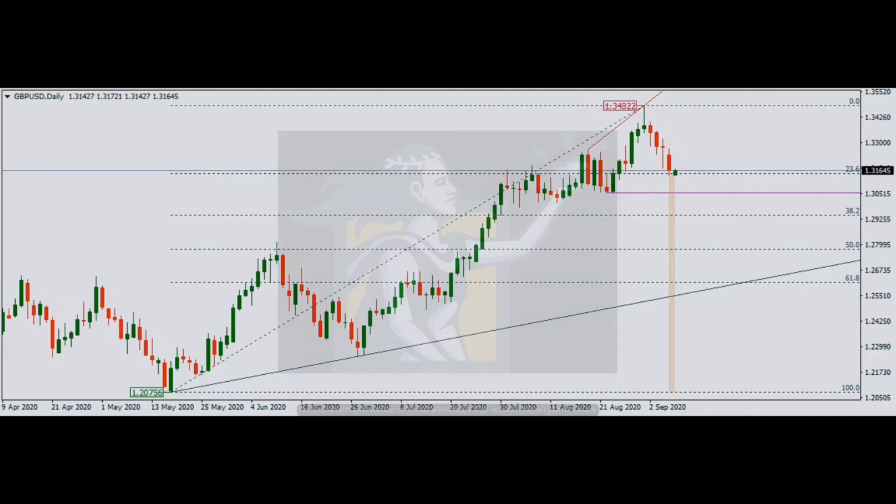Now, on the downside, the price of the cable, and when I say cable, it's a nickname for the pound US, might find support at the following levels. Support 1 is the 1.3052, which is the confluence of a horizontal support and the lower trendline arm. Support 2 is the 1.3 even psychological number. And finally, you come across the third support at 1.2942, which is the